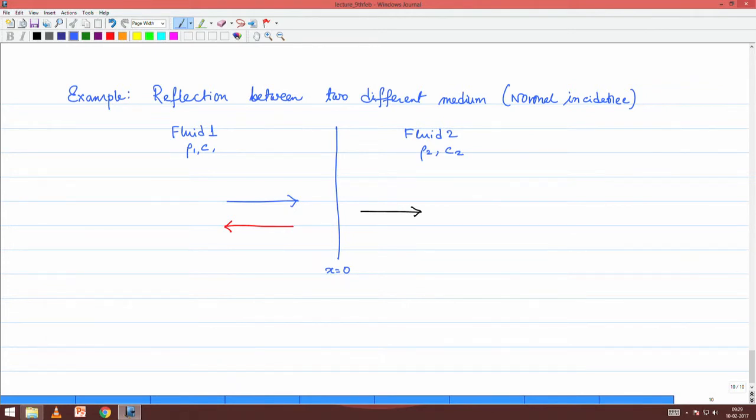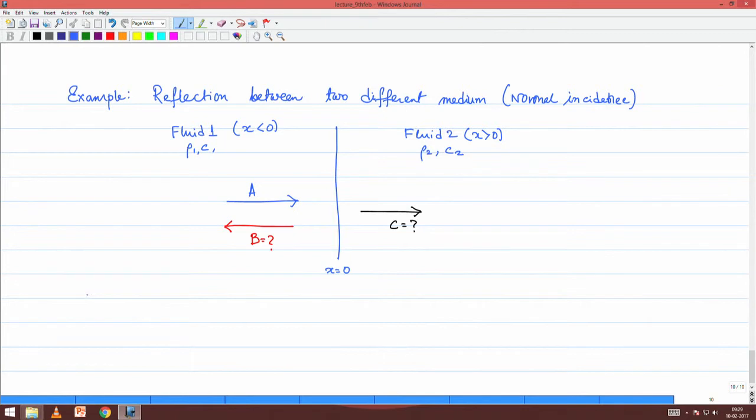that you have two infinite domains, one fluid 1, the other is fluid 2. From fluid 1 side somehow an incident wave has been generated, we will say the amplitude of that is A, and we are interested to find the amplitude of the reflected wave, and we are also interested to find the amplitude of the transmitted wave, right. And without loss of generality, we will assume that this interface between fluid 1 and fluid 2 is exactly at x equals 0, which means fluid 1 is in the region x less than 0 and fluid 2 is in the region x greater than 0, right.